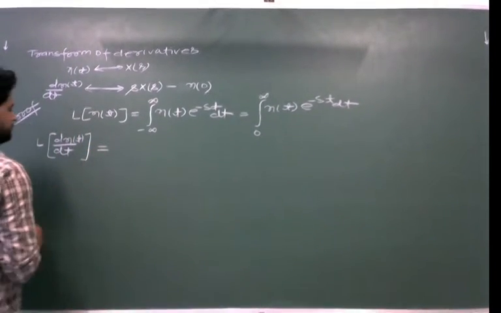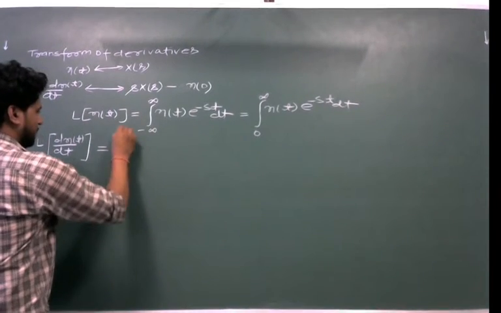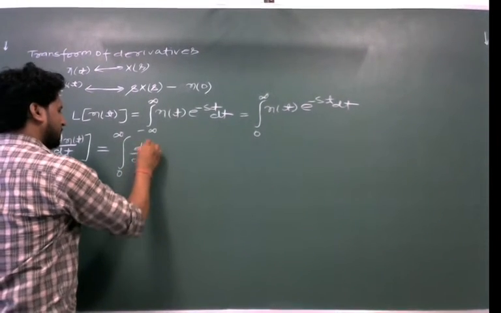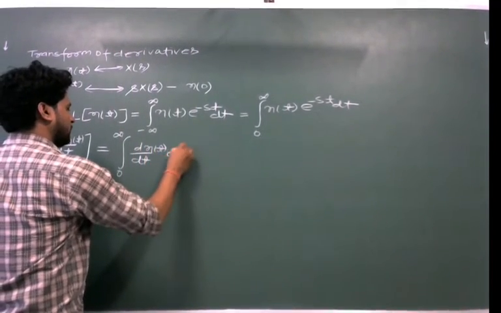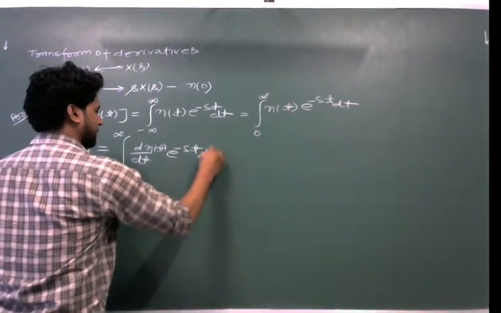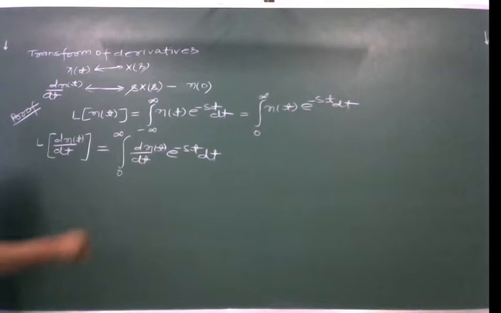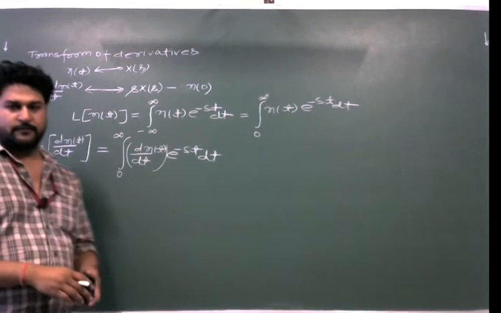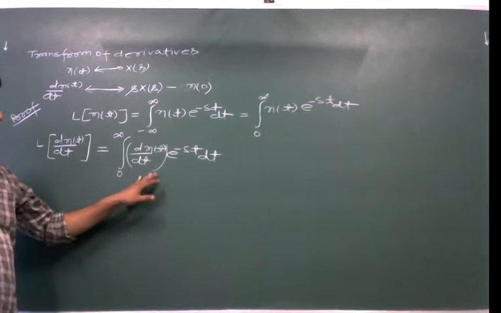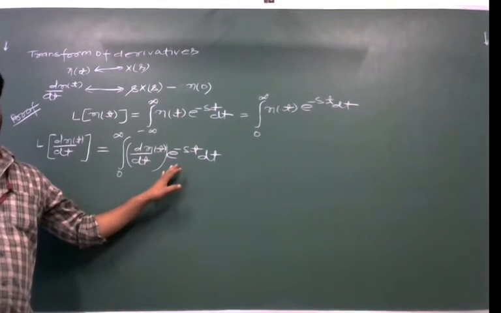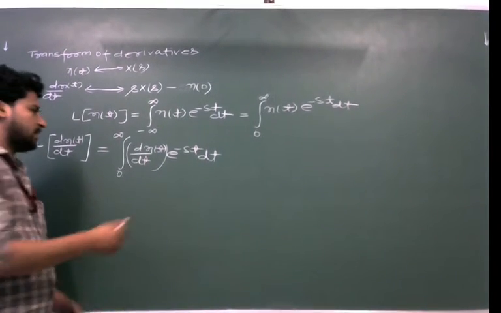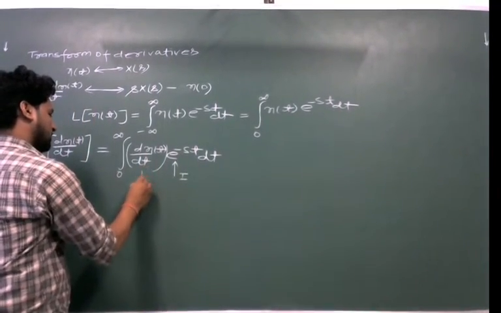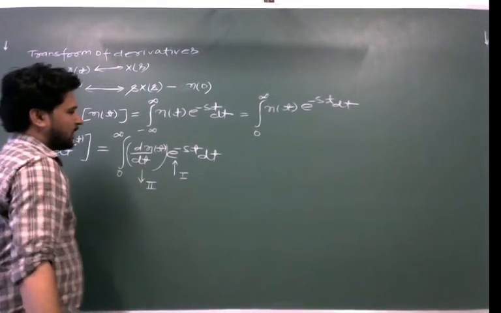It means that this will become the integration from 0 to infinity of d/dt of x(t) into e^(-st) dt. In place of x(t), I will put d/dt of x(t) here. Now we can determine the value of this integration by using the integration by parts technique. So I will consider this e^(-st) as the first function and this as the second function, and the formula